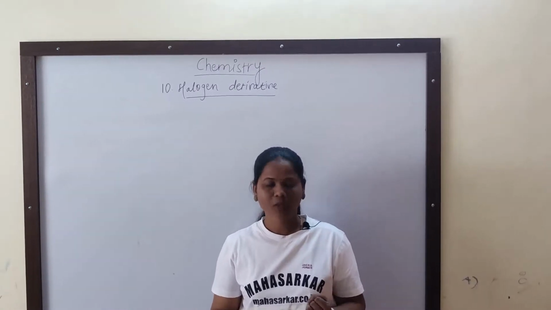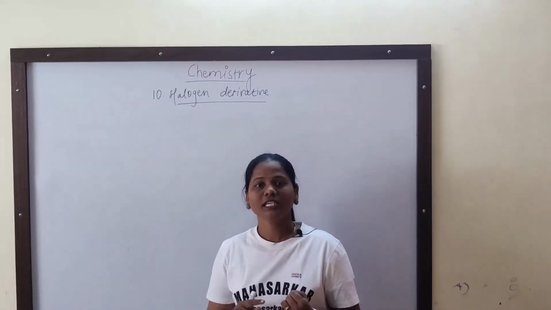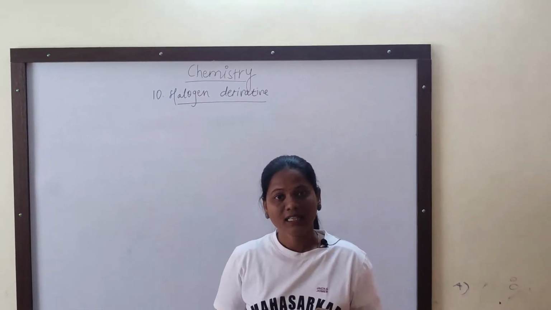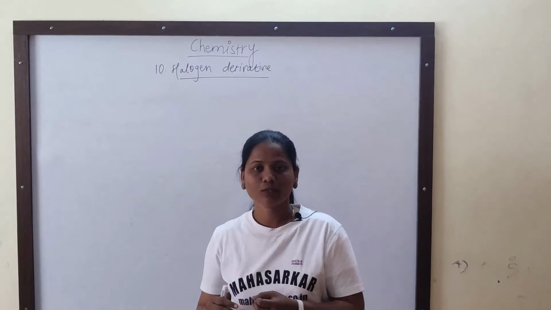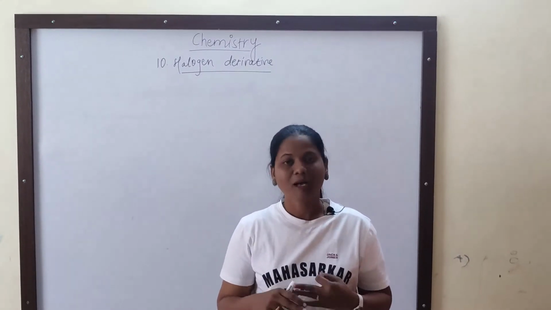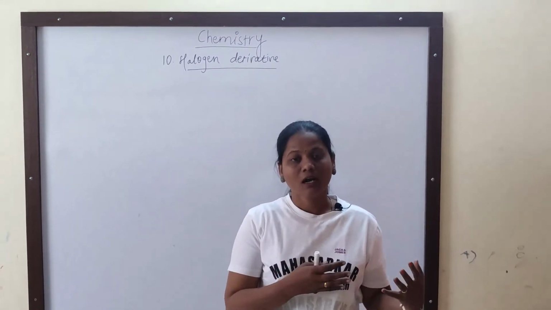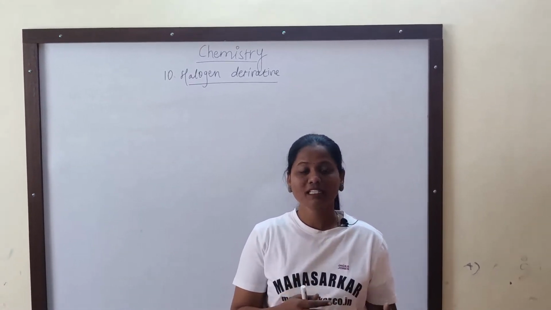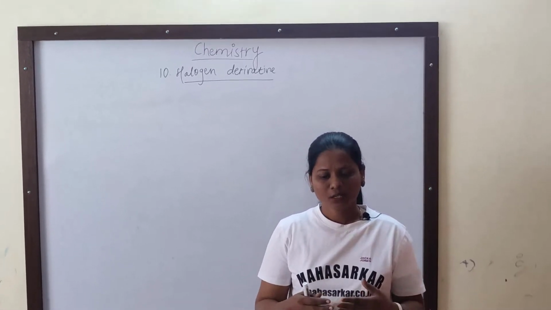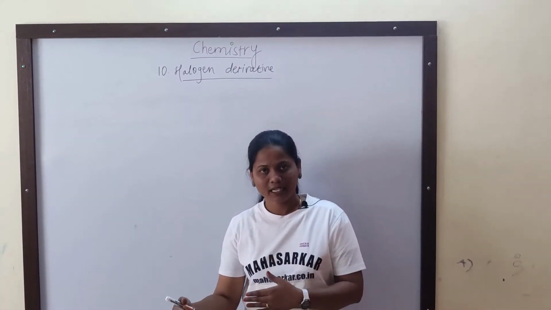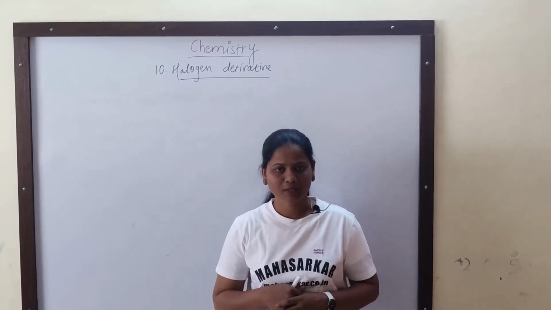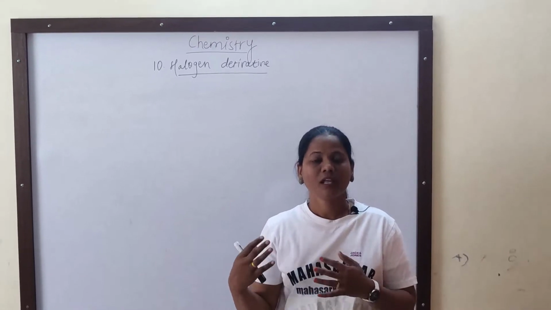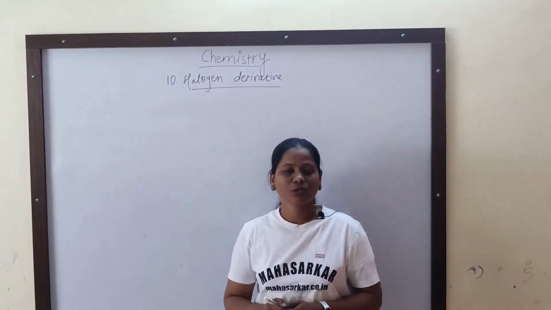What are those uses? One, these halogen derivative compounds are used as a propellant. Another, some of these halogen derivatives are used as a refrigerant. Some are used as an organic solvent. Some are used for medicinal purposes. So, to learn about them in more detail, this chapter is included in your syllabus, to get the chance to explore this chemistry.